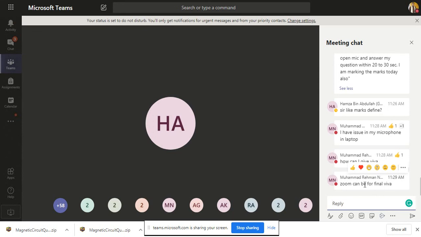Zoom, yes beta, I will ask the department, because department is asking for the recorded sessions and all that stuff, so I have literally no idea if they will allow it for the Zoom or not. But plus इसको बहुत ज़्यादा मैनेज करना पड़ेगा when we are going to have a final viva, क्योंकि एक टाइम पे एक बंदा आ सकता है, एक टीचर होगा, 2 स्टूडेंट्स होंगे, या 1 स्टूडेंट होगा, या 3 स्टूडेंट्स होंगे, again it has to be managed, तो बहुत टाइम क्रिटिकल होगा। मेरे पास भी इतना टाइम नहीं होगा कि मैं एक टाइम स्लॉट दूंगा, आपको उस टाइम पे होना है, and if you are not there, maybe light is not there, maybe you don't have an internet connection or something like that, तो वो फाइनल वाइवा बड़ा प्रॉब्लमेटिक हो जाएगा हमारे लिए।